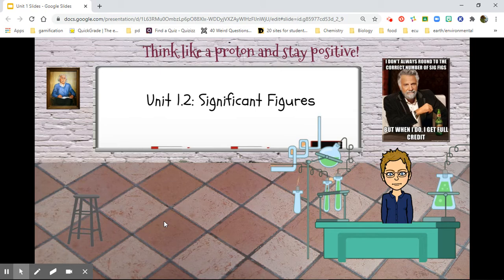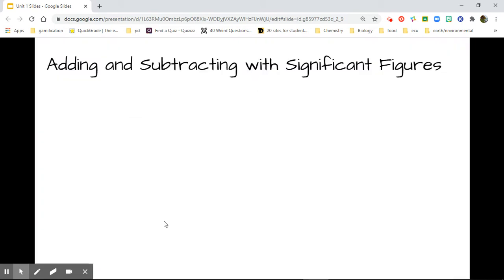Not only is it important to be accurate when we are measuring things, but the calculations that come out of those measurements are also very important to keep accurate. Because if you're accurate with one and not the other, what's the point, right? So it's good to be accurate all the way around. So when we add and subtract with significant figures,